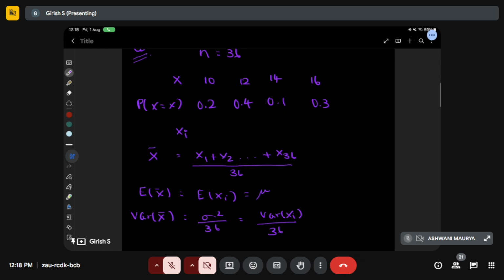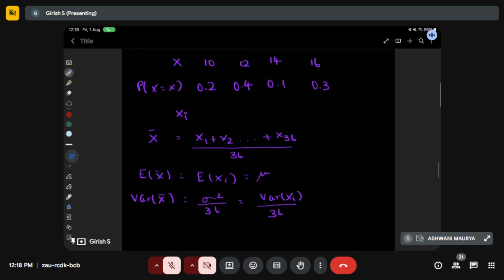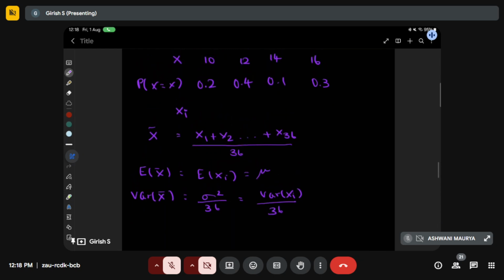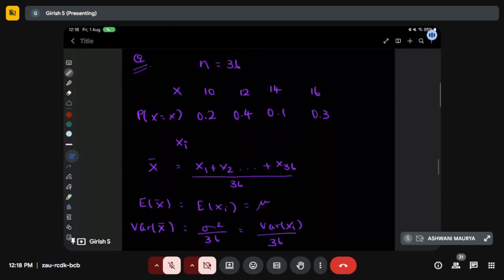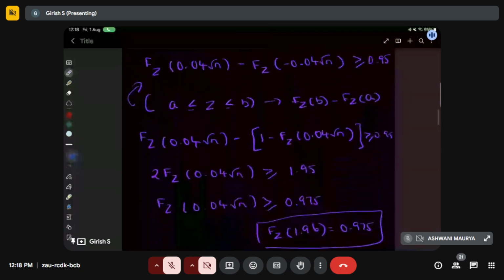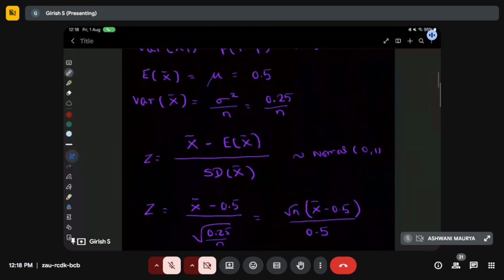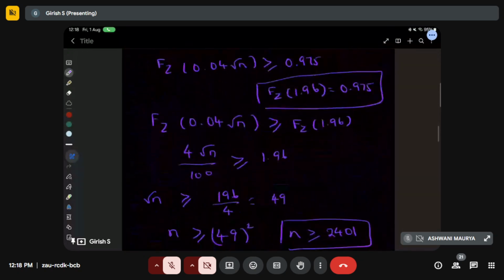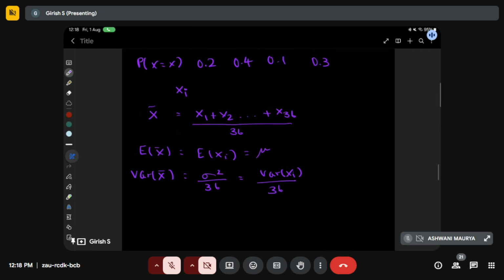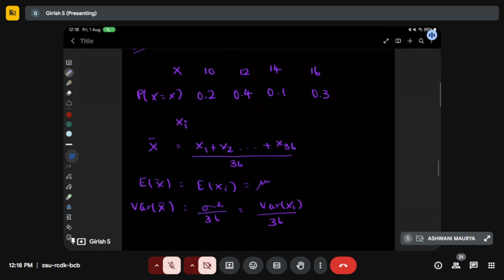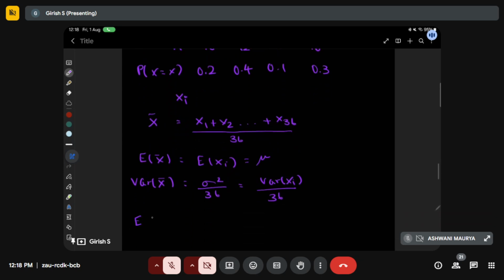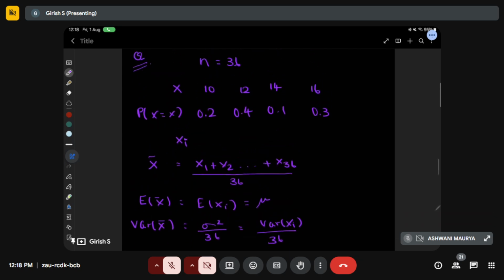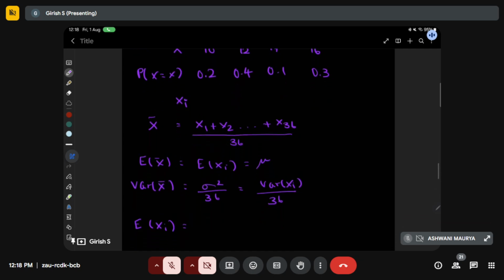Yeah. So now let's calculate this expectation of xi, or mu. This is not a standard distribution. In the previous case we saw they were following a Bernoulli distribution, but in this question it is not. So we want to identify it. They have given this PMF and we want to calculate it. Expectation of xi is nothing but the summation of x into p of x.